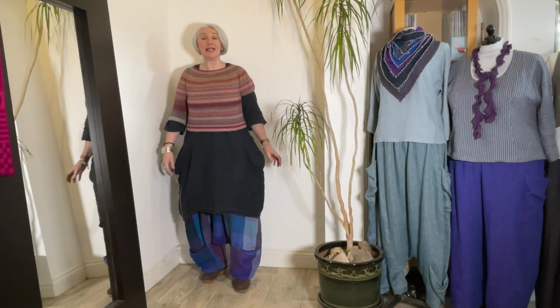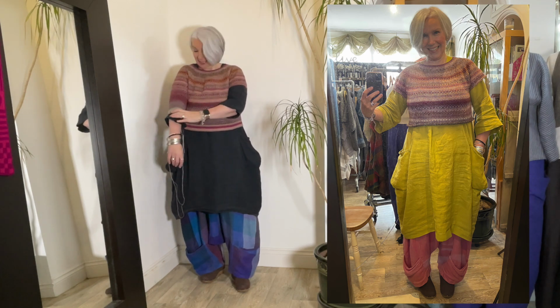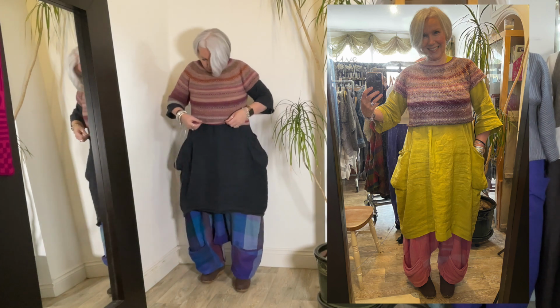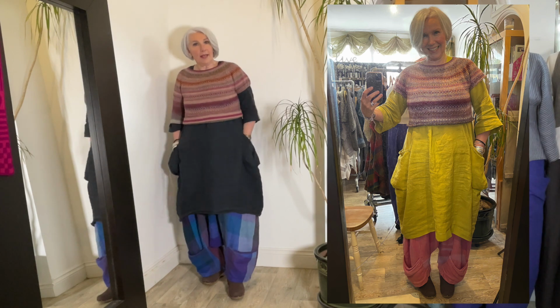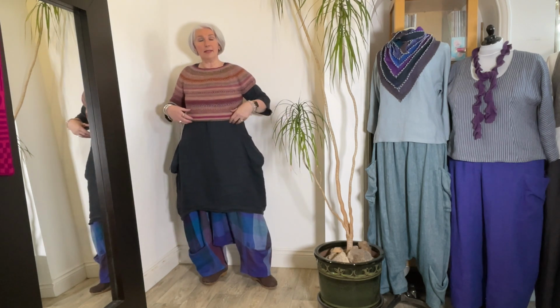So here is the progress on my Shifty. I showed this picture on Instagram of my work in progress last week or the week before, I don't remember. I hadn't started this sleeve yet. I literally just had the end of the yokes on the arms, and I was in the process of finishing the body. And the body was at that point this length. And I said, well, what do you think? How much longer shall I make this? And I got a lot of reactions from people saying, I wouldn't make it any longer, it's perfect as it is. So the only thing I added was the